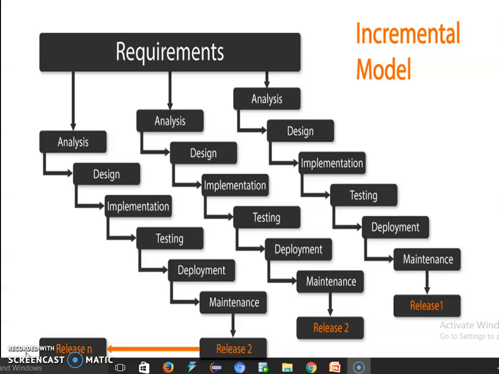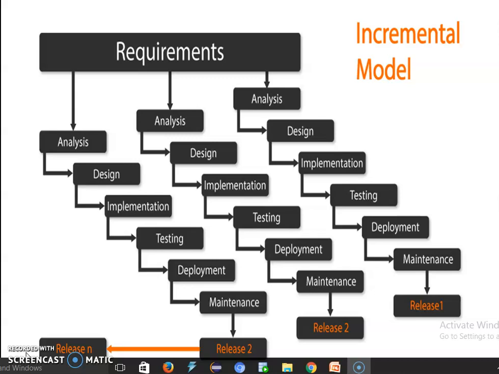Just as an example, let's consider activities like word processing software development that uses the incremental model. It may deliver basic file operations such as editing, formatting, etc., and functions in the first increment.